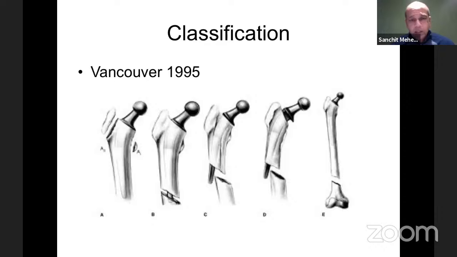So original classification 1995, a pictorial representation of the same. So your greater trochanteric fracture, lesser trochanteric fracture, then you have the type B fractures where the implant is stable, the implant is not stable, and the last one with implant being unstable and the bone stock being poor. So the type C fractures in a native scenario where there's no distal knee replacement are fairly straightforward. The problem starts arising when you have a knee replacement distally, and even further so if you have a revision knee implant distally.